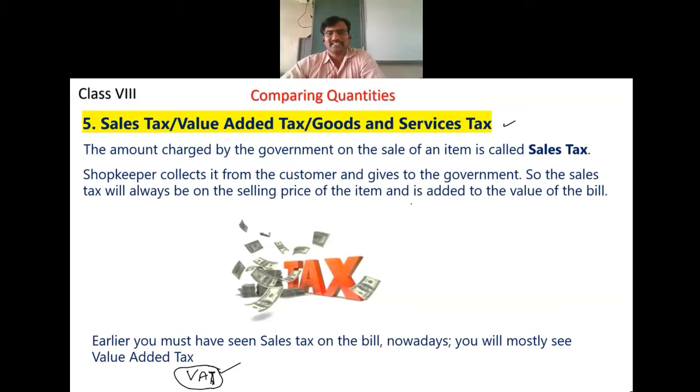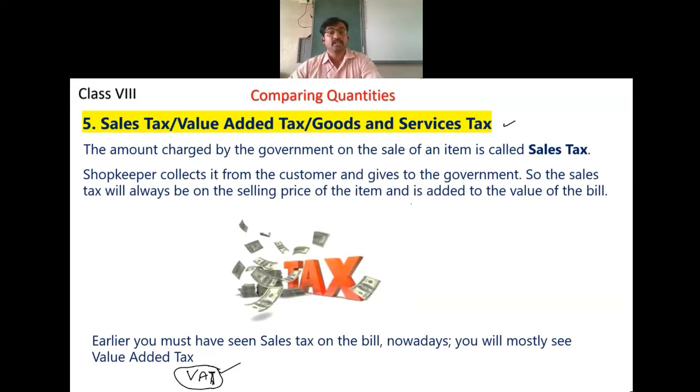Sir, if they want, they can generate their own money, no? Government cannot just produce the money. It is something like a circulation. Money circulates from one form to another form. For more information, your social science teacher will be able to explain this better. You can ask him in free time.